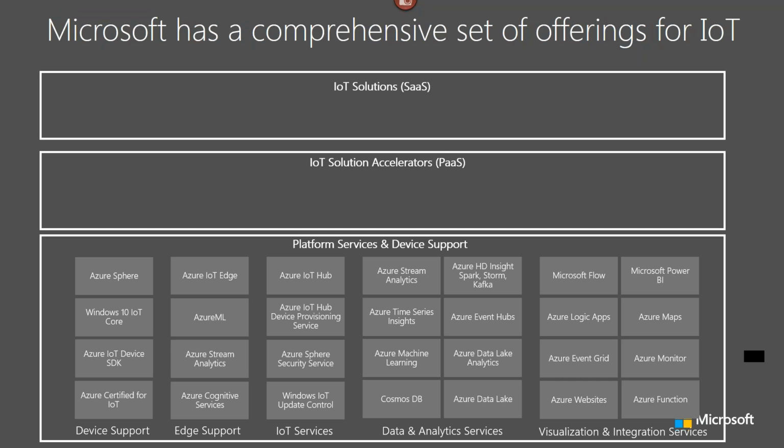For example, you may have hot path analysis. If you're not familiar with what hot path is, think of this as just looking at incoming data immediately as it comes in, understanding, is my machine operating the way I expect it to be? If it's not, we'll take action on that machine. Sometimes you have cold path analysis, the exact opposite, right? Sometimes I'm generating data that I don't need to look at immediately. I may look at it one month later, one year later, right? So all of the various services fit into basically various options for you to control and optimize your solution.